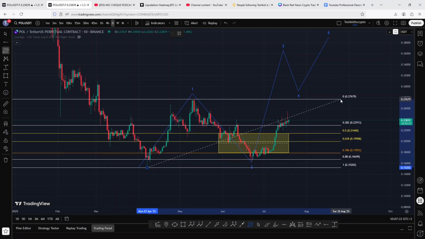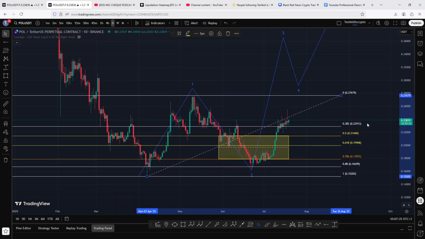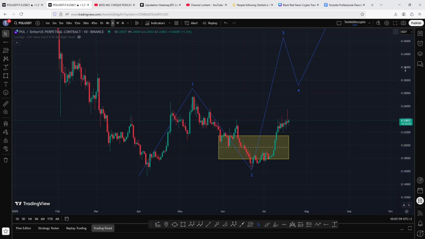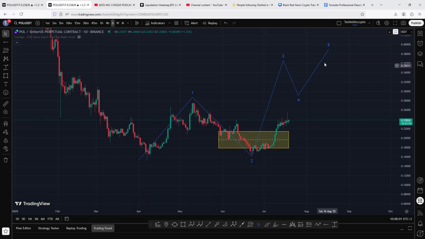And you can see the area is between the Fib level 0.5 and the 0.78, though at some point we saw Polygon Matic overshooting the Fib level 0.78, but continued to hold above the last line of support on the Fibonacci, which is the Fib level 0.88. Then you can see that we saw a very nice reaction over here, starting a bit of a bounce to the upper side